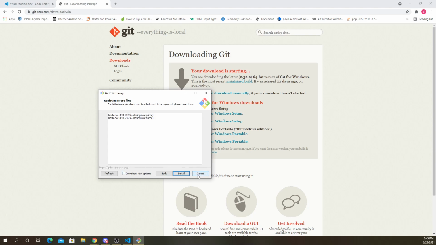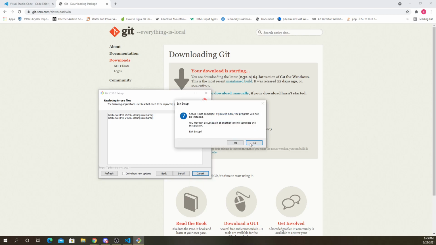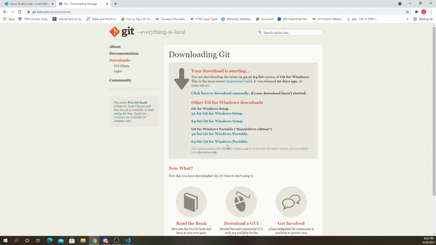I'm not going to install because I already have it, so I'll press cancel at this point. But for you, you could just leave the defaults and click next, next, next, and then install finally. I'm going to exit that. You need to install that if you want to be able to use Git and the Git commands.